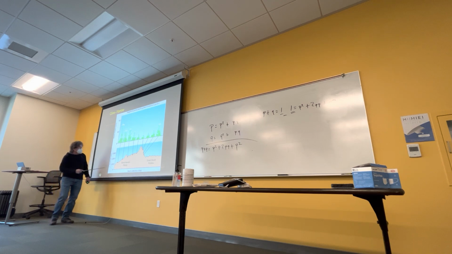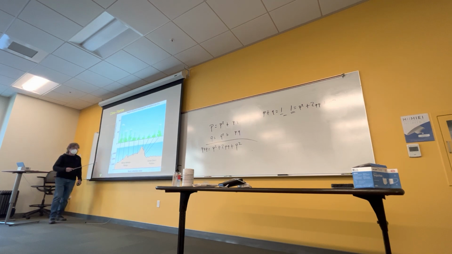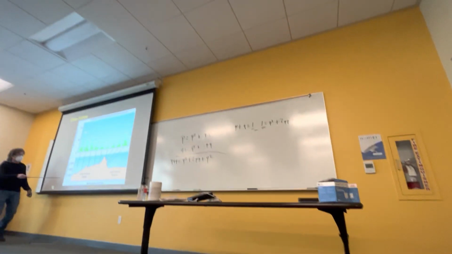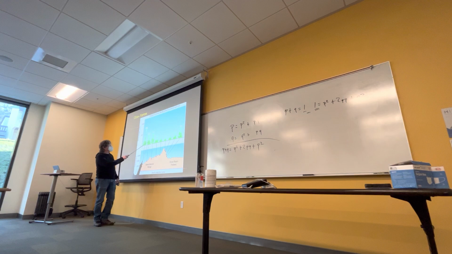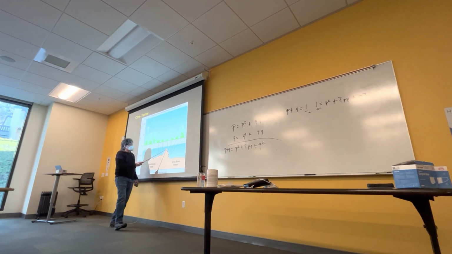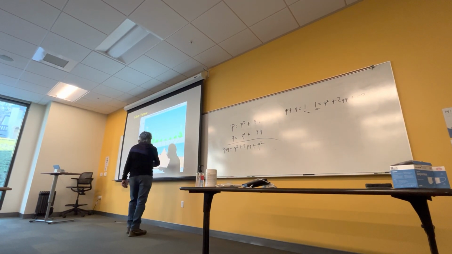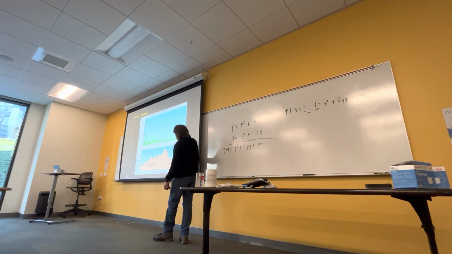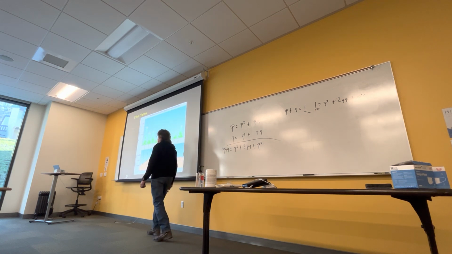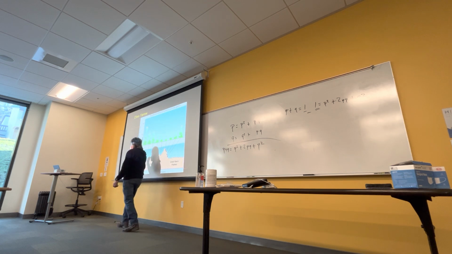However, okay, so here's the Central Valley. We're way over here, all right? And as you go up the foothills of the Sierra Nevada, they collected plants from each of these elevations. And as you go up, they get shorter and shorter. And then once you reach the crest and go down into the Great Basin, on the Nevada side, they increase in stature as well. Now, the problem with this is,